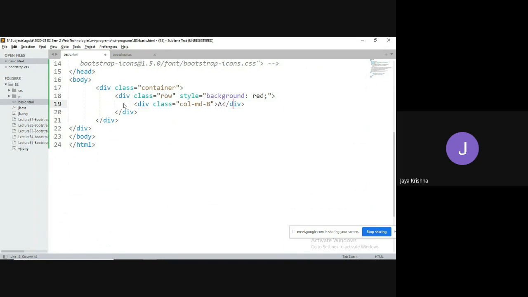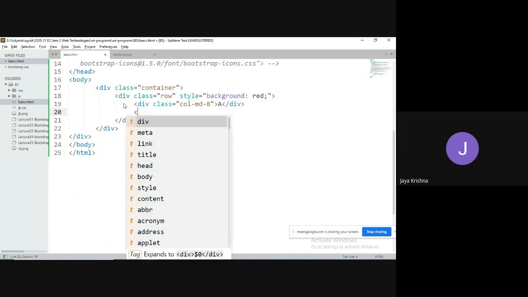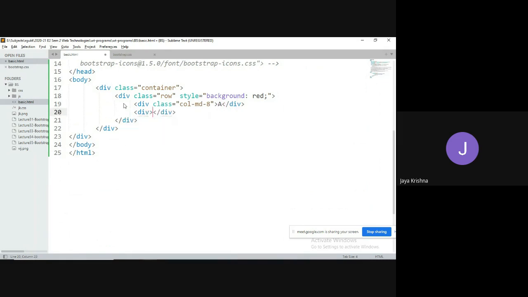And for the second column, I need to define the class. I am going to occupy what is remaining for medium screen, which is 4 parts.